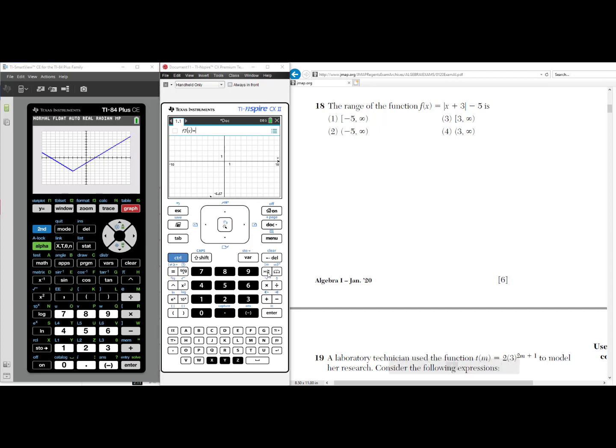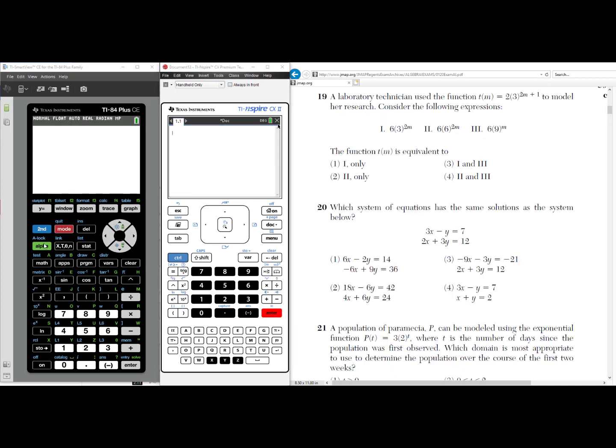For the TI-Nspire, use the templates key, choose absolute value, type in x plus 3 minus 5, and you will see your graph dips to -5 and goes on to infinity. Option 1. For number 19, the laboratory technician used the function T of m equals 2 times 3 raised to